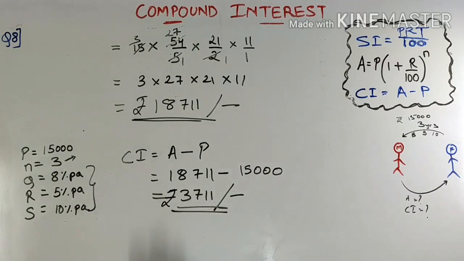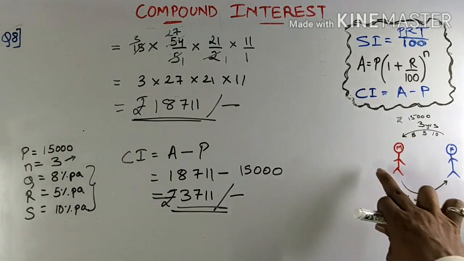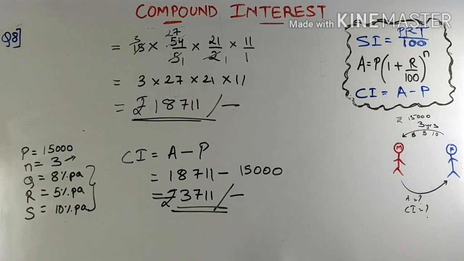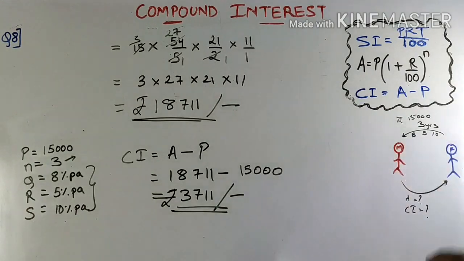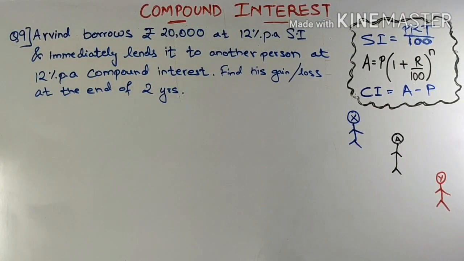So 3,711 is the compound interest that Mohit will pay to his friend after 3 years for a principal of 15,000 at 3 different rates of interest, that is 8, 5 and 10. I hope this sum was clear. Now the next question is, Arvind borrows rupees 20,000 at 12% per annum simple interest and immediately lends it to